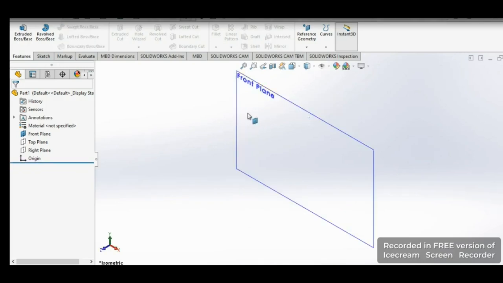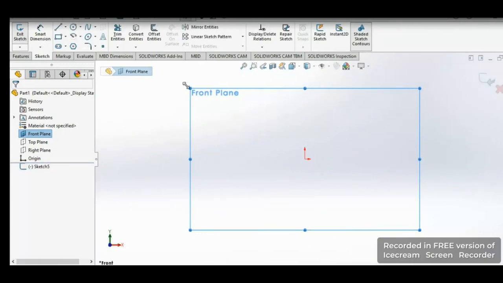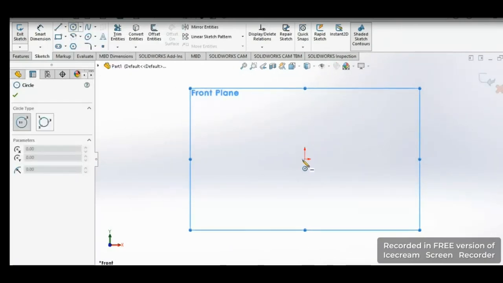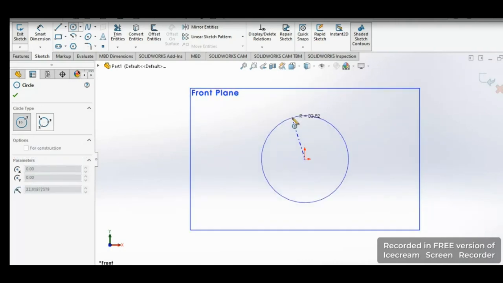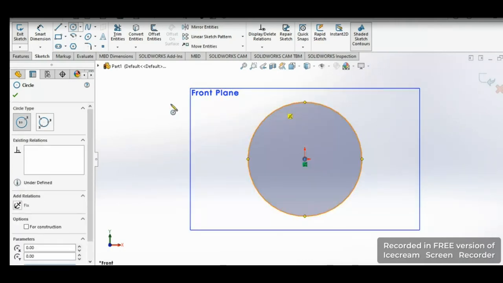How to draw helix command in SolidWorks. To draw helix command, we require a circle in a single plane. Now sketch on this plane a single circle, just a circle, no other sketch for helix command. Just draw a circle of any diameter,